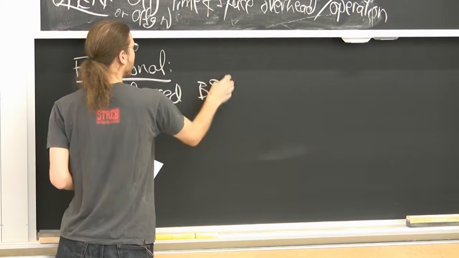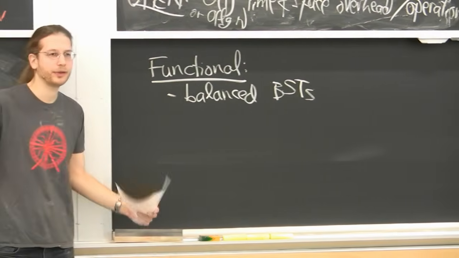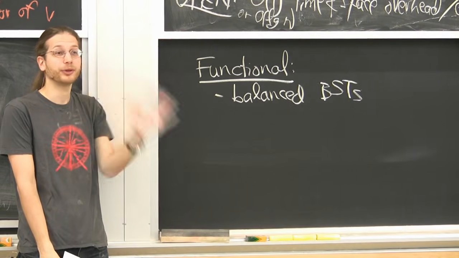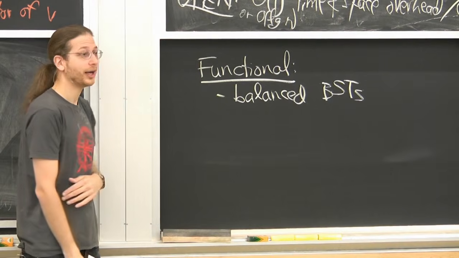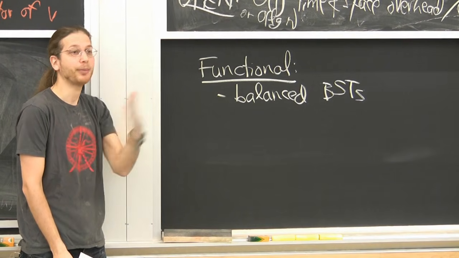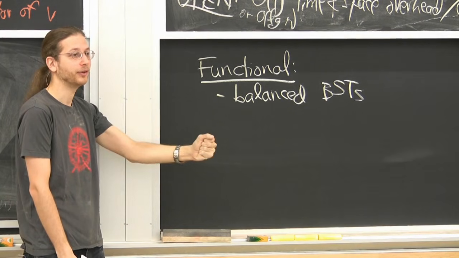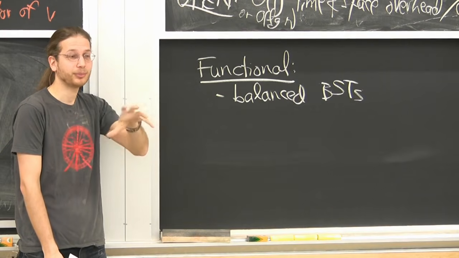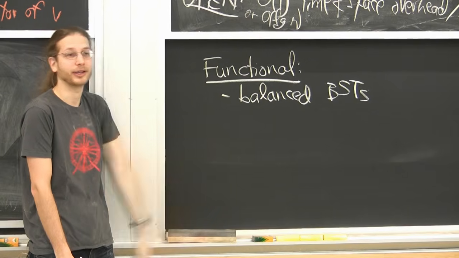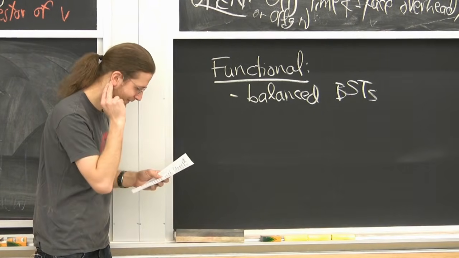So if you just want to get log n time for everything, you can do that functionally. It's actually really easy. You pick your favorite balanced BST, like red black trees. You implement it top down, so you never follow parent pointers. So you don't need parent pointers. So then, as you make changes down the tree, you just copy. It's called path copying. Whenever you're about to make a change, make a copy of that node. So you copy all the changed nodes and all their ancestors. There's only log n of them, so it takes log n time. Clear? Easy. It's a nice technique.